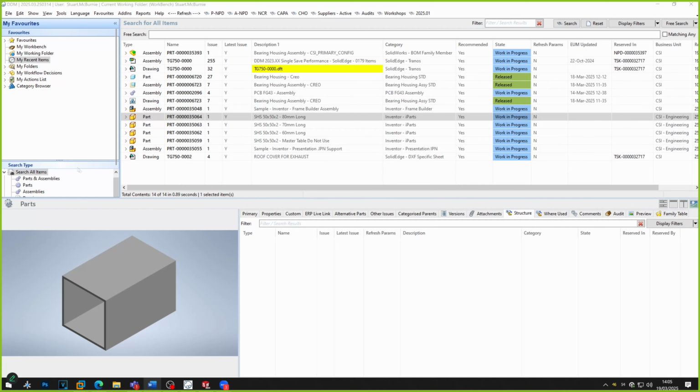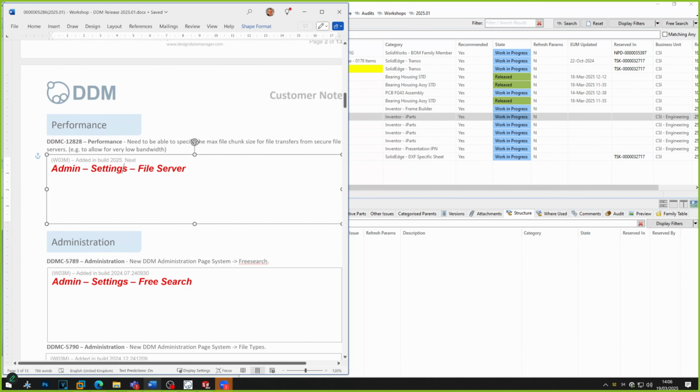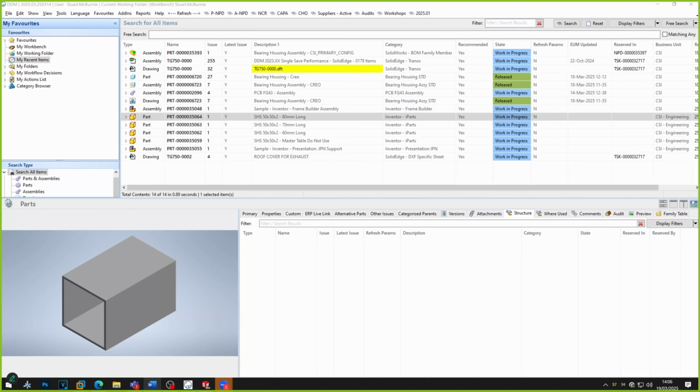I'm going to begin with a topic that's related to performance. So in the workbook, this is enhancement DDMC-12828. So let me just bring this back to show you. So the first topic I'm going to cover up here in the workbook, DDMC 12828. Okay,